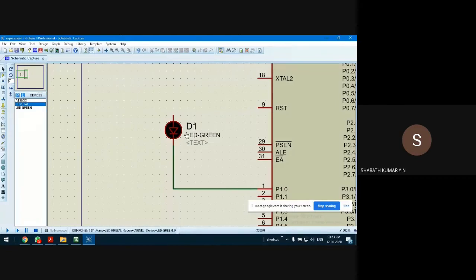Now, how to turn on the LED? What is the condition for the LED to turn on? For the LED to turn on, the anode should be at a higher potential than the cathode. We are connecting the cathode to P1.0, and hence to turn on the LED, the only possibility now is to make this pin, P1.0, 0, so that the LED can be turned on with a positive voltage connected to its anode. Okay, how to connect that power?